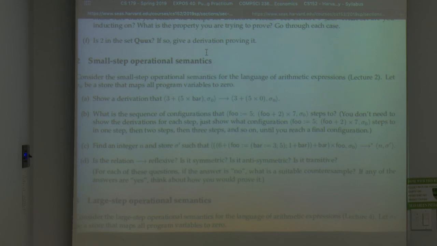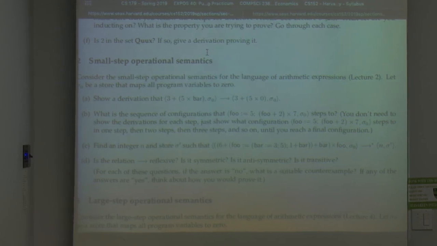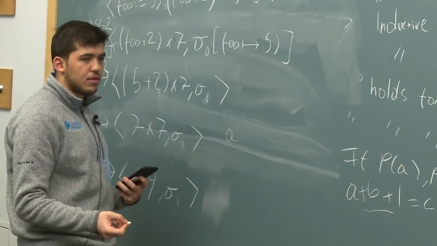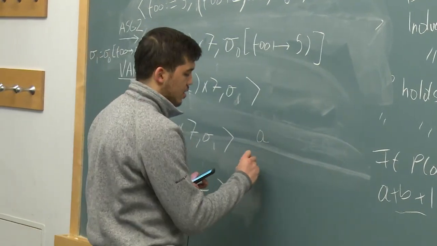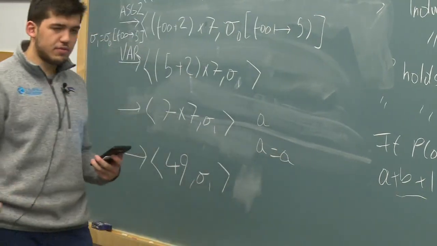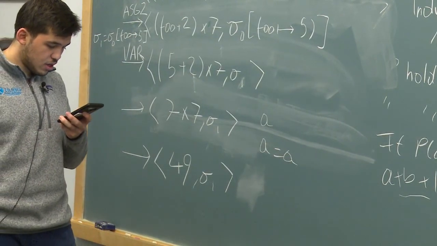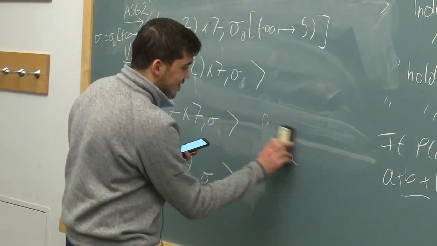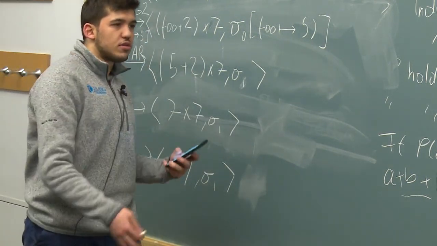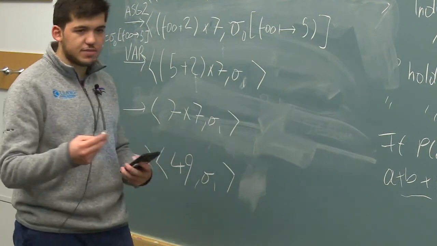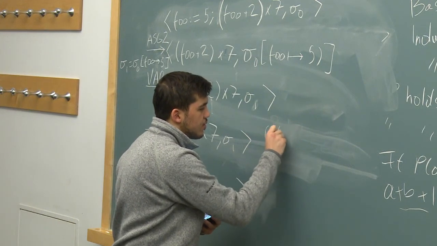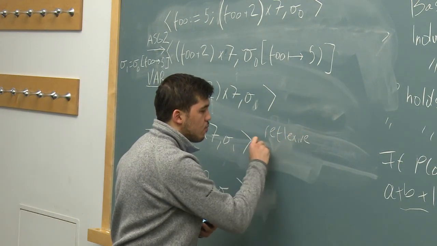Reflexive, I believe, is when, let's say, you have a number A, and A is also equal to A, then that's reflexive. Am I wrong? One sec. Let me say this in a proper way. Here we have relations, and there are certain qualities of relations, such as reflexive, symmetric, and transitive. A relation is reflexive when